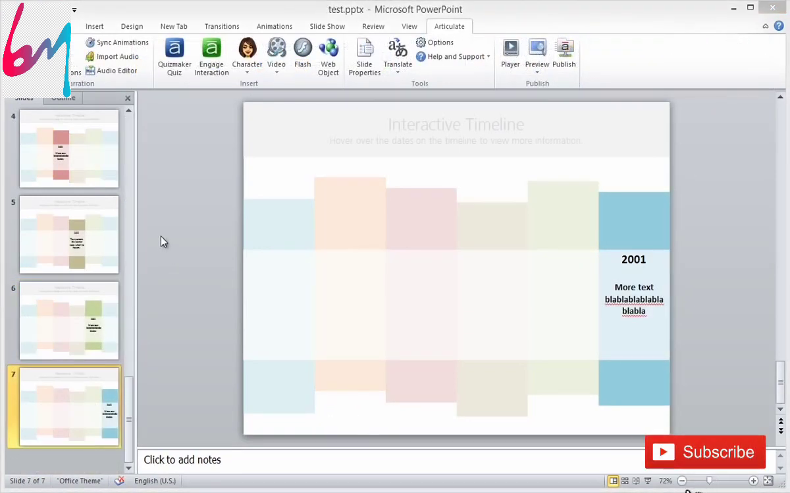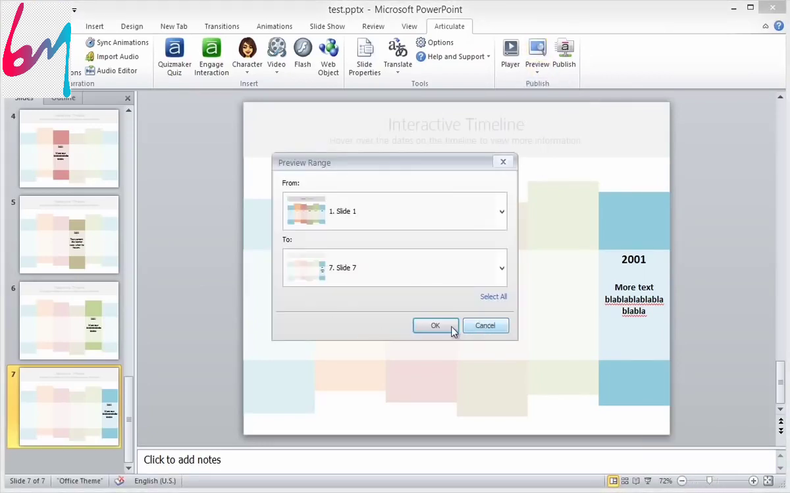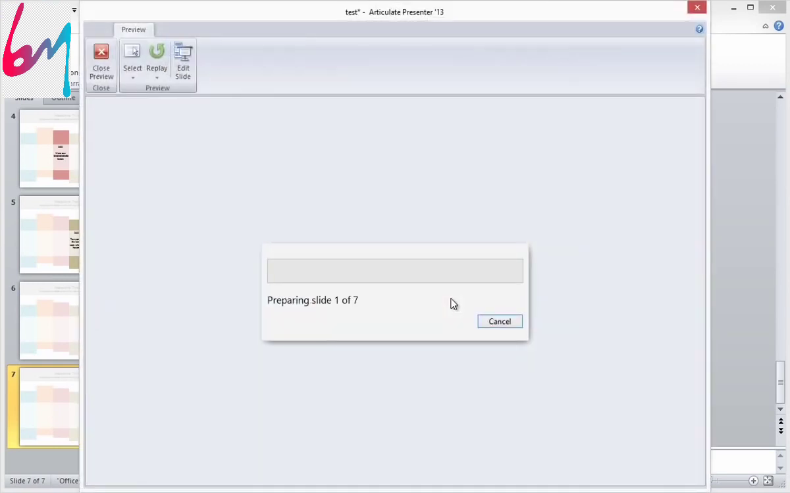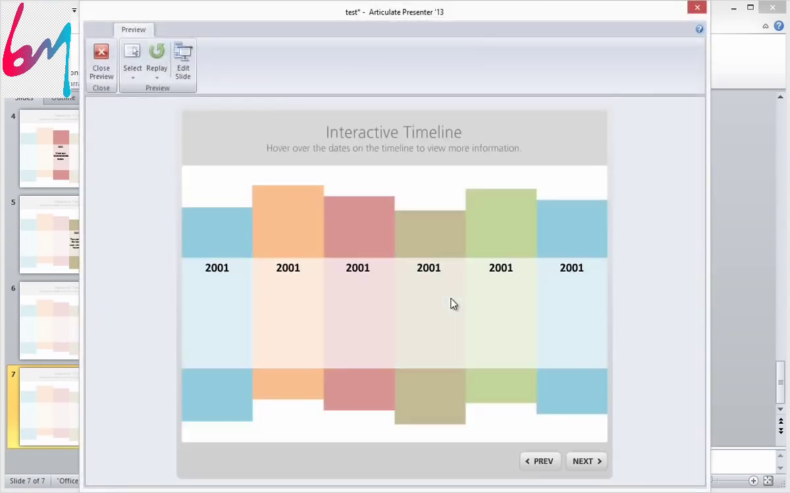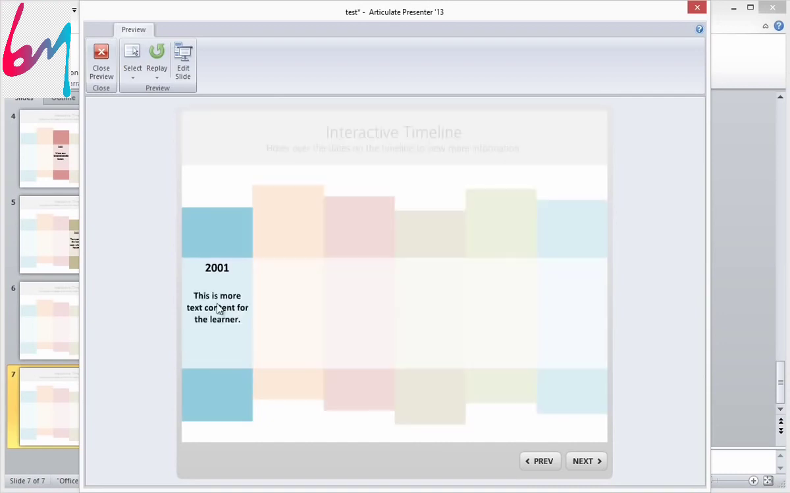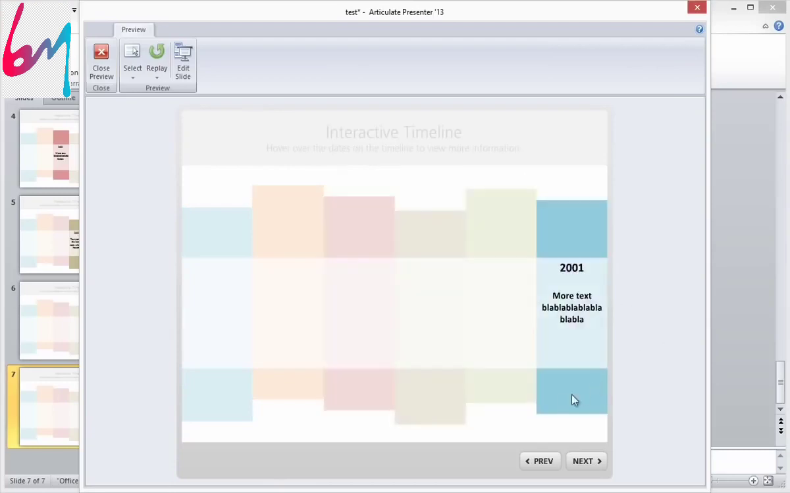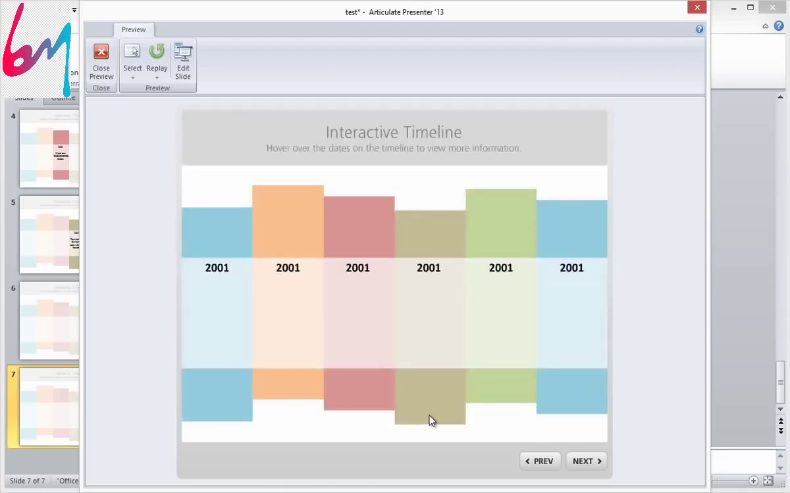When you've updated all 6 slides, you can head on over to the Articulate tab on the ribbon to preview your interactive timeline. And voila! As you can see, when you hover over the columns, the appropriate slides with the information are displayed. So this shows you how using the appropriate actions